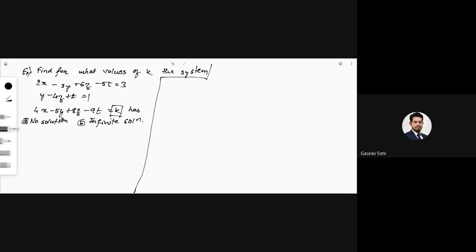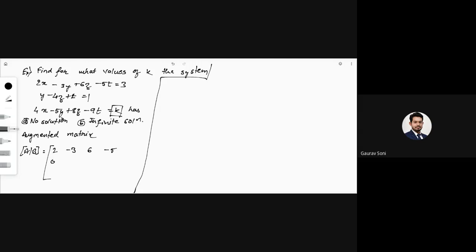So what we will do is we'll write down the augmented matrix, reduce it to echelon form, and then we will observe for what values of k the system has no solution, or for what values of k it has infinitely many solutions. So I'll directly write down the augmented matrix here. The augmented matrix AB is equal to, now we have four variables: 2, -3, 6, -5,